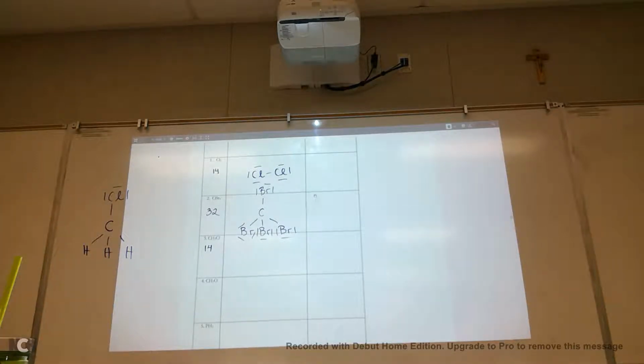I'm using 14 right there. That Cl can go wherever you want though. It can be on top, it can be on the left, the middle, or the right. It doesn't matter. Because if you look at this,